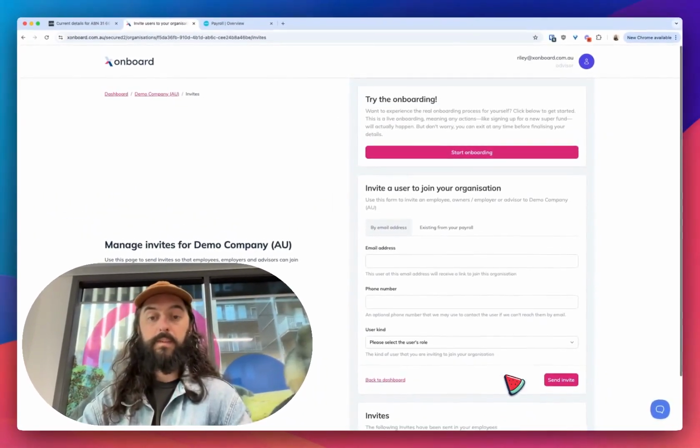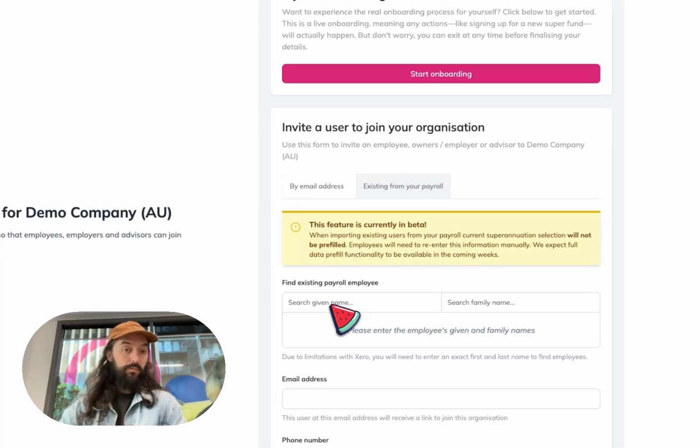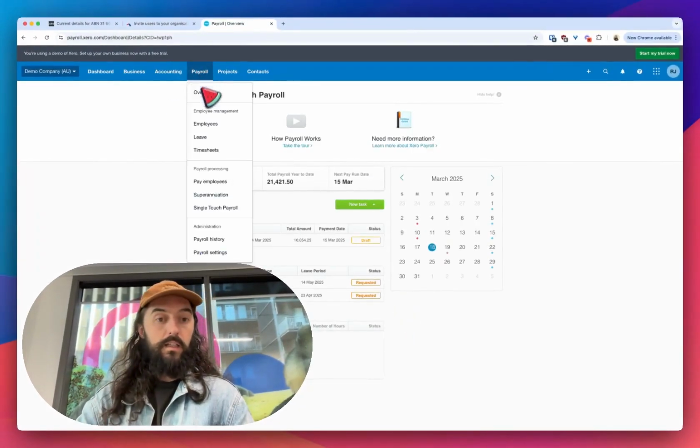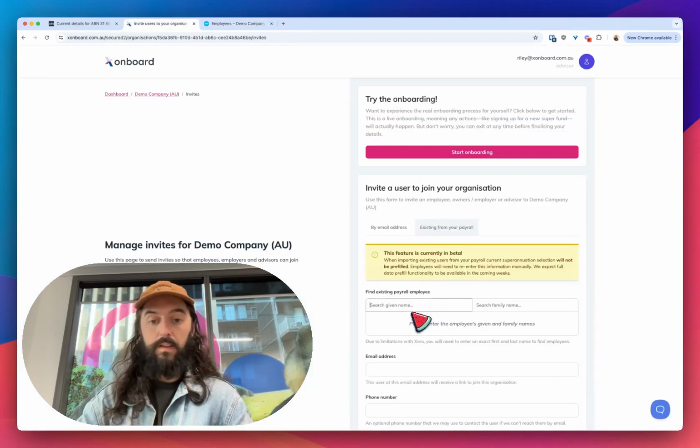And when it gets accepted, it will disappear from there. Now, you can also find your existing employees from within the Xero organization, and you can re-invite them to onboard. So this might be great if you have just taken on a new client and you don't know the state of their employee details in payroll, and you'd rather just onboard everyone again to make sure all their details are up to date. So if I find the name of an existing employee in here, so I've got James LeBron,